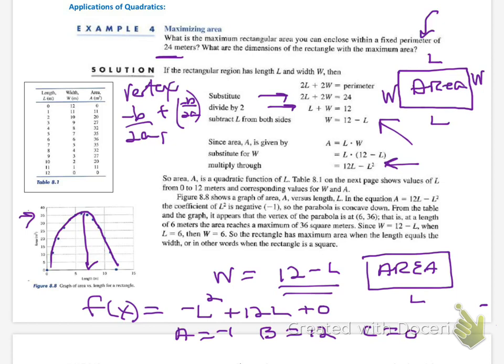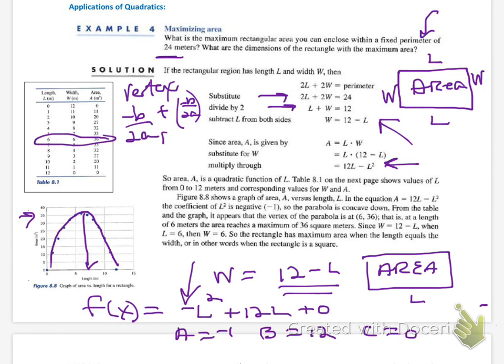Figure 8.8, yes, that's the one I just referred to, shows a graph of area, and we are seeing that the parabola is concave down. Yes, we knew that because the leading coefficient is negative. From the table in the graph, it appears that the vertex of the parabola is at (6, 36). Okay, so right here on the table, that's the highest part, and that is consistent with what we're seeing